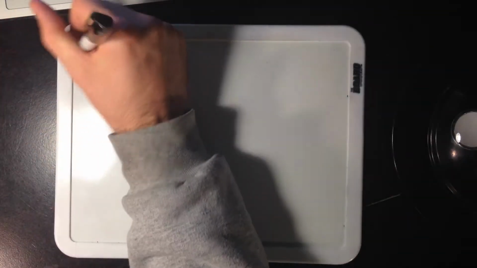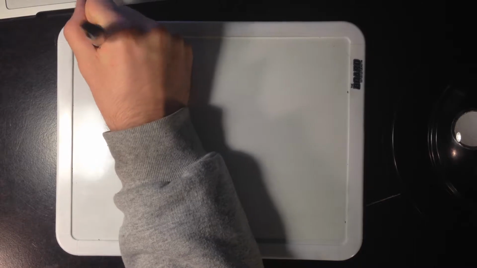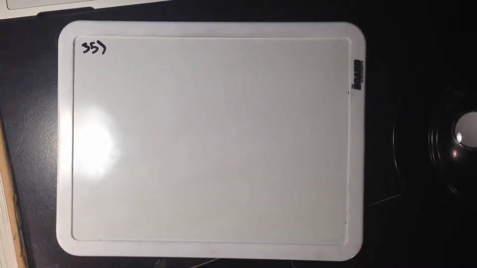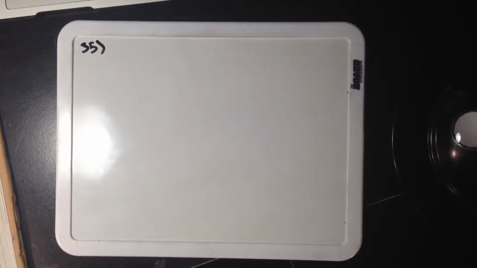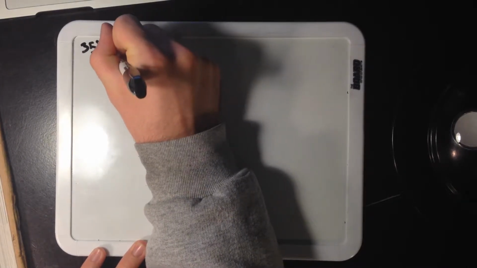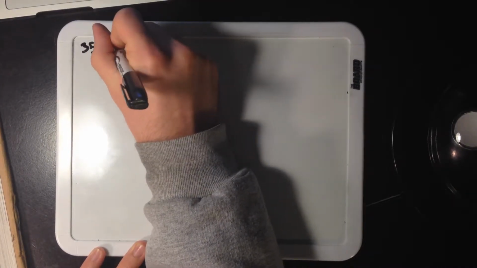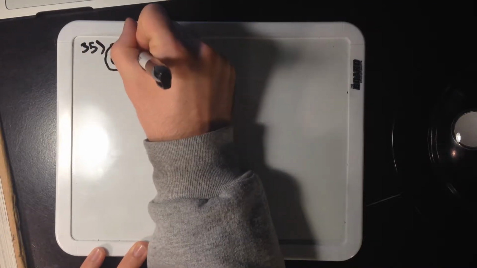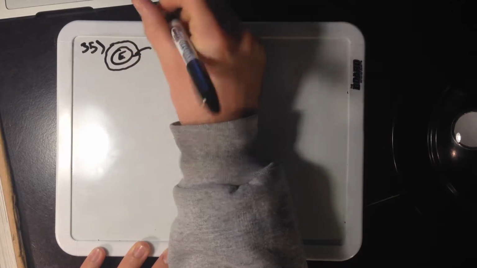Alright, we're going to do number 35 from chapter 13. The question reads, a satellite of mass 200 kilograms is placed in Earth orbit at a height of 200 kilometers above the surface. So we have good old Earth with a satellite going around the Earth, and this distance here